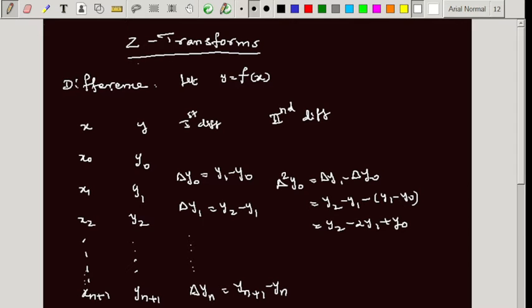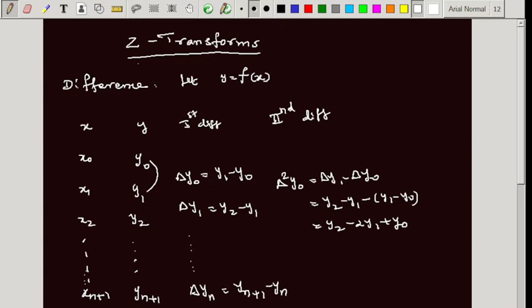Z transforms. So here we are discussing a difference equation. Let y equal to f of x, where x is x0, x1, x2, up to xn plus 1. Similarly, the corresponding values of y are y0, y1, y2, up to yn plus 1. And here, for the first difference, we represent this as delta y0, where delta y0 is nothing but y1